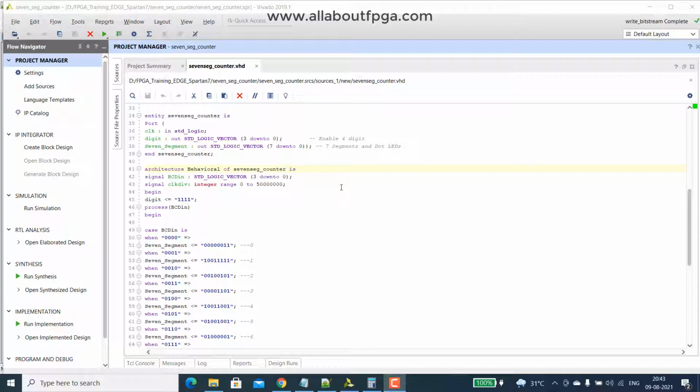Let's create a new project for that. In this new project, we will have 16 bits of BCD. Instead of the BCD to 7 segment decoder, which has only 4 bits of BCD input displayed on all 4 digits of the 7 segment display, in this new experiment we will have 16 bits of BCD from the slide switches. Each 4 bits will display one digit. Let's quickly go on and create a new project.